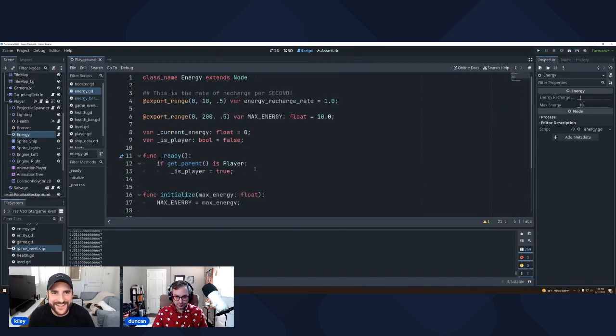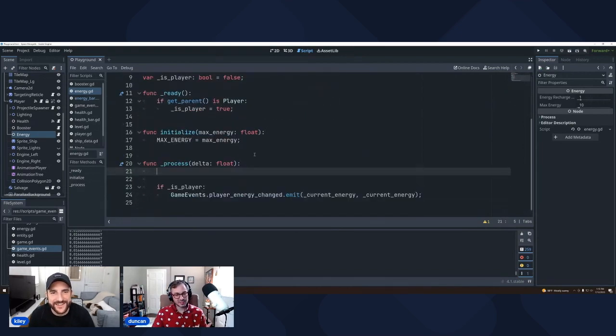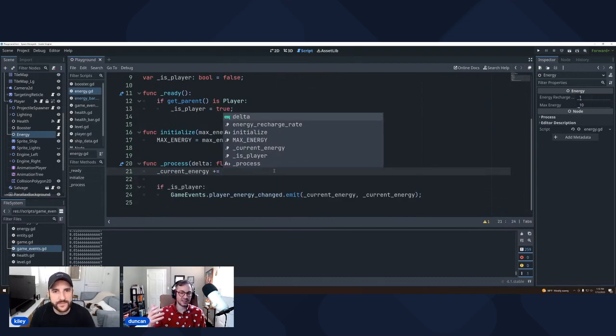Okay, so we know we looked at the print statement, the delta was out of a second, which is super helpful because now we know that what we'll do is we'll say current energy every second. And again, you probably would want a flag that's like, is recharging, right? Because again, I can see an effect where, oh, you get EMP blasted. So now you're not going to recharge, right? So you might want to check if it's rechargeable.